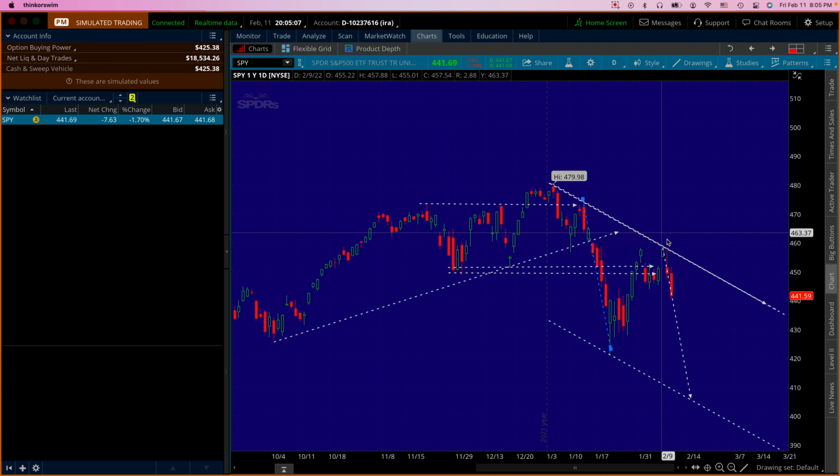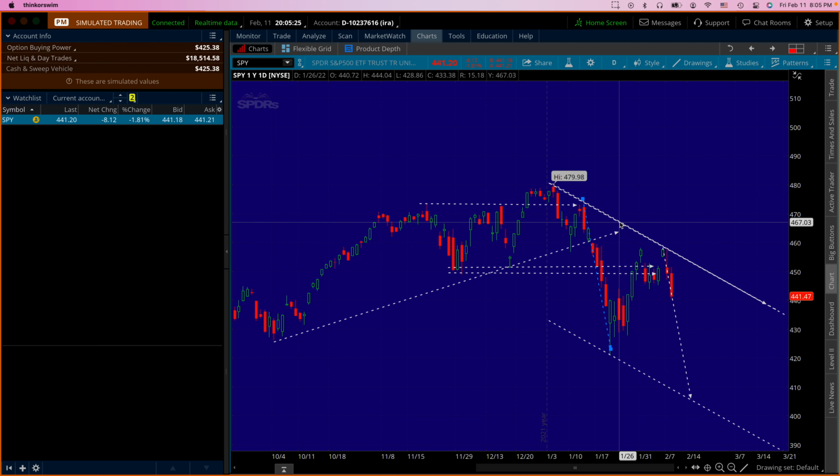Okay, that would be pretty strong, and then once it reaches that bottom, potentially you could have a new high afterwards. So from a technical point of view, that's all very nice, but